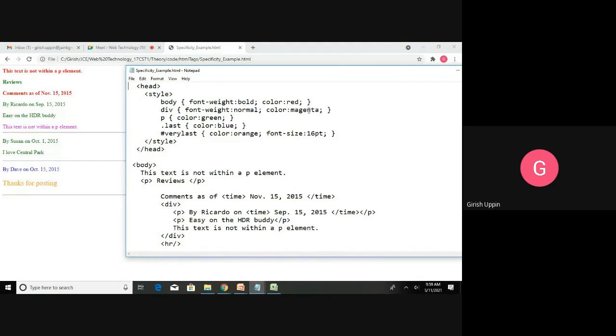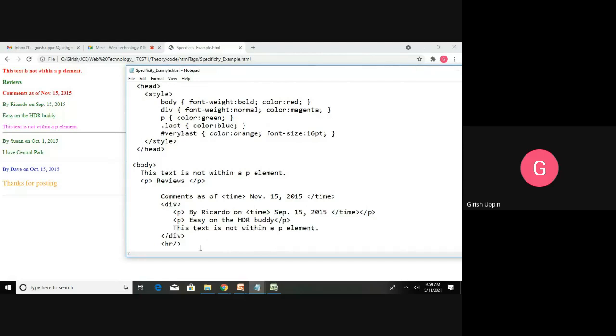Red is overwritten by magenta, magenta is overwritten by the paragraph's green, and the green is overwritten by the blue because it's a class. Then it has an id. Here you can see color is orange, so it is going to override all these colors. So it will become font weight normal, color orange, and font size 16 pt. This will show up in orange, normal, and 16 pt.